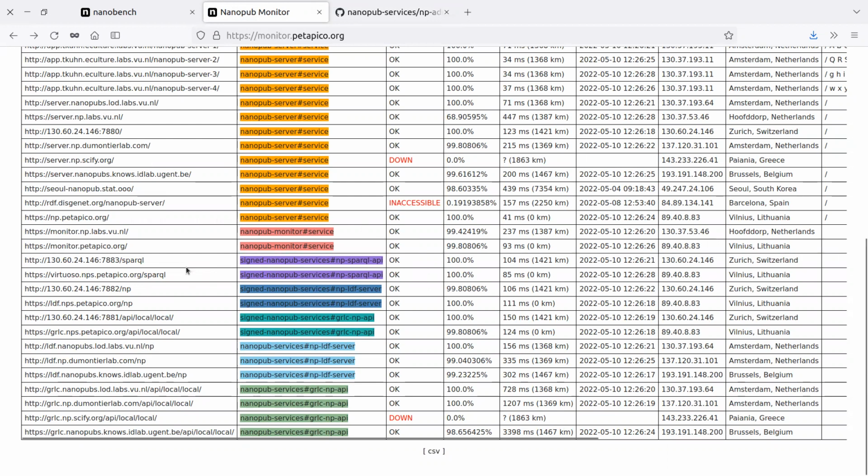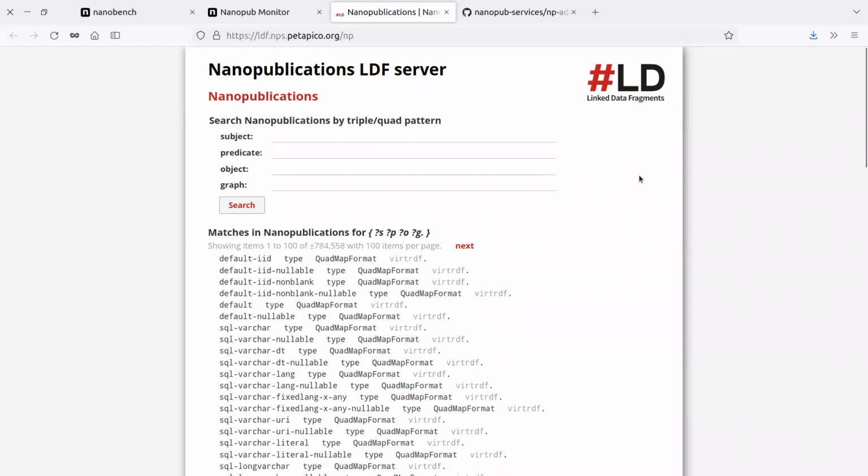So let's start from a very simple one that is based on LDF, which stands for linked data fragments. We have two here with this darkish blue color. I'm going to pick one of them. So here you are, that's basically all the interface. It allows you to search based on very simple triple patterns. So you can specify the subject, the predicate, the object, or the graph, and then it gives you all the